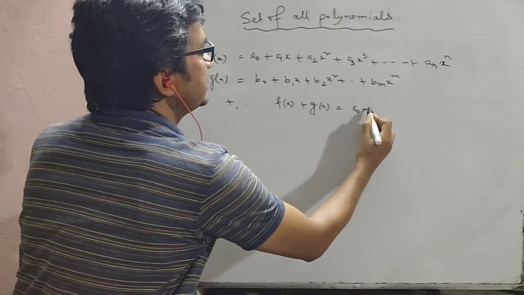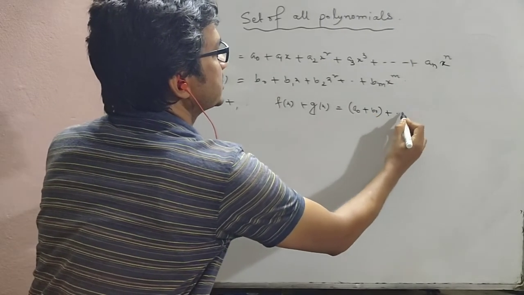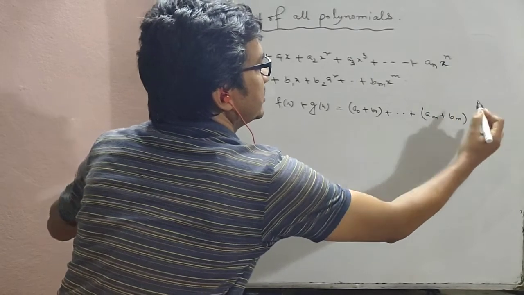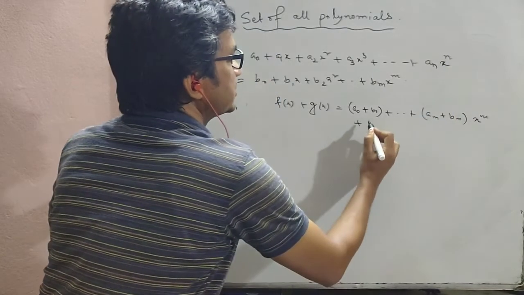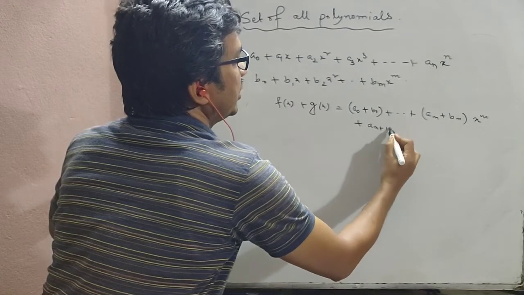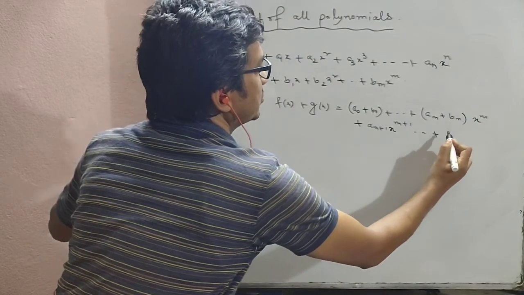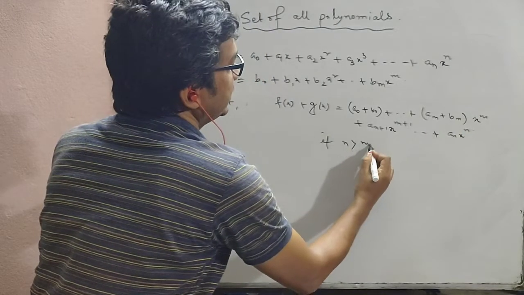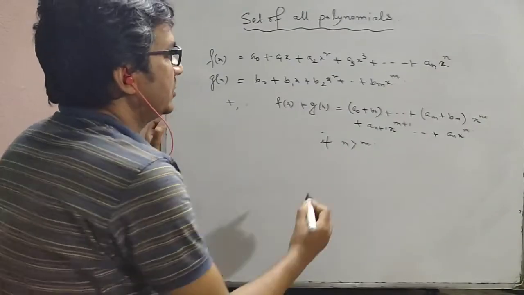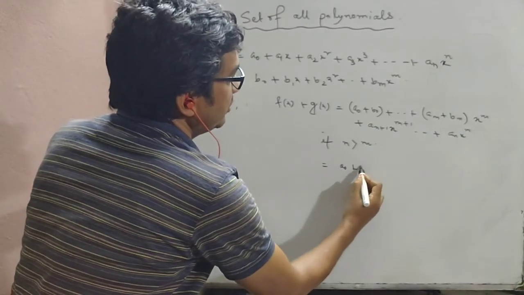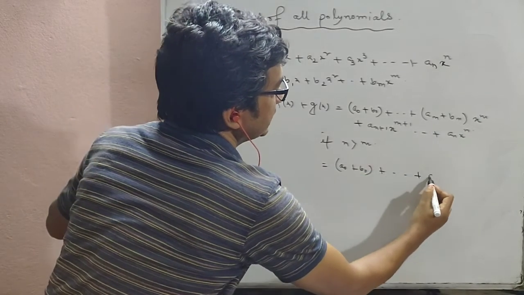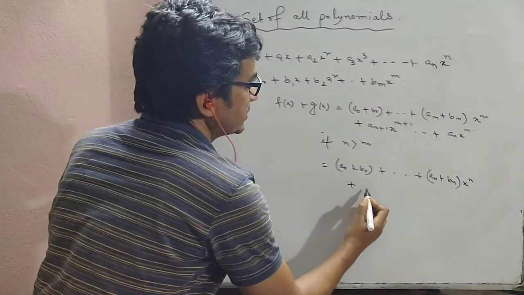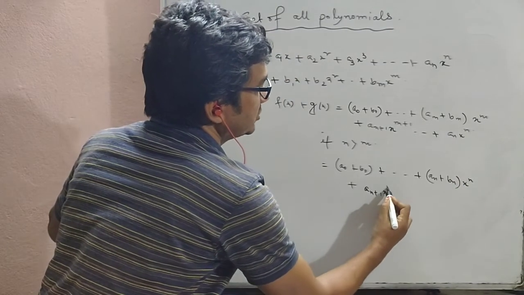a0 plus b0 plus ... am plus bm into x to the power m plus a m plus 1 x to the power m plus 1 up to an x to the power n if n is greater than m, equal to a0 plus b0 plus ... an plus bn x to the power n plus an plus 1 x to the power n plus 1